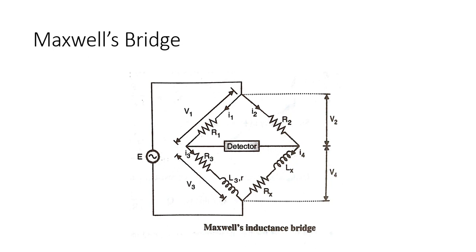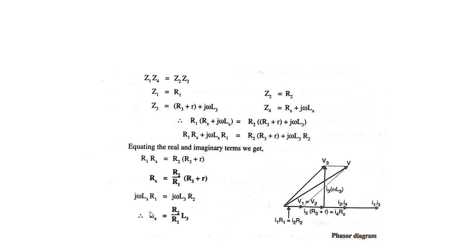It uses two methods to measure inductance, that is comparison with either a standard variable capacitance or a variable standard self inductance. So here this is the unknown one and this is the known one, and from this the unknown Lx is calculated,